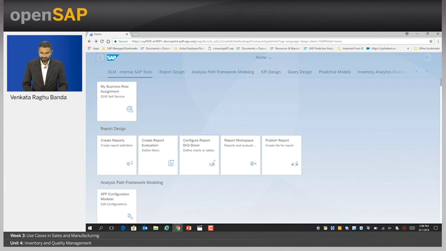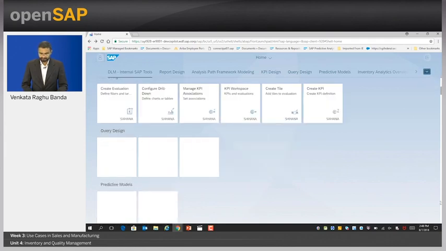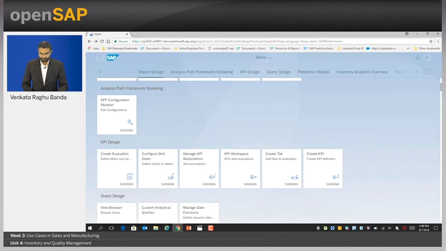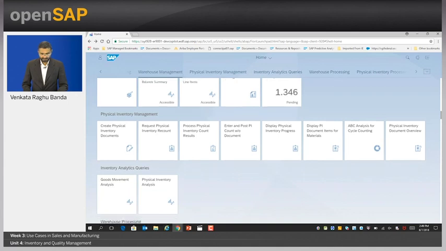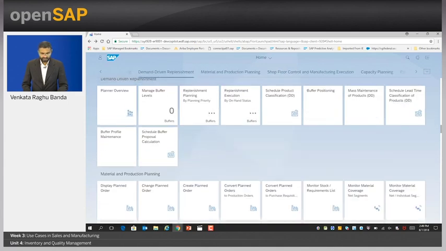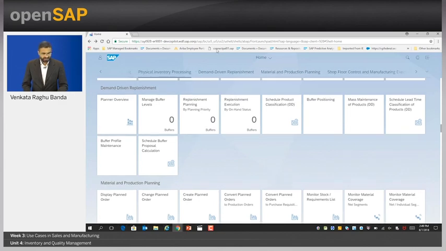Now I want to go into this particular demand driven replenishment process. Bear with me, we are almost here. So we are in this demand driven replenishment category.